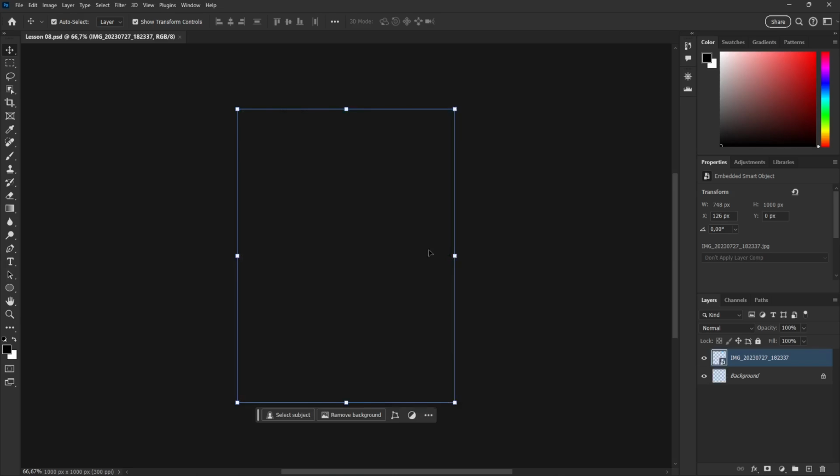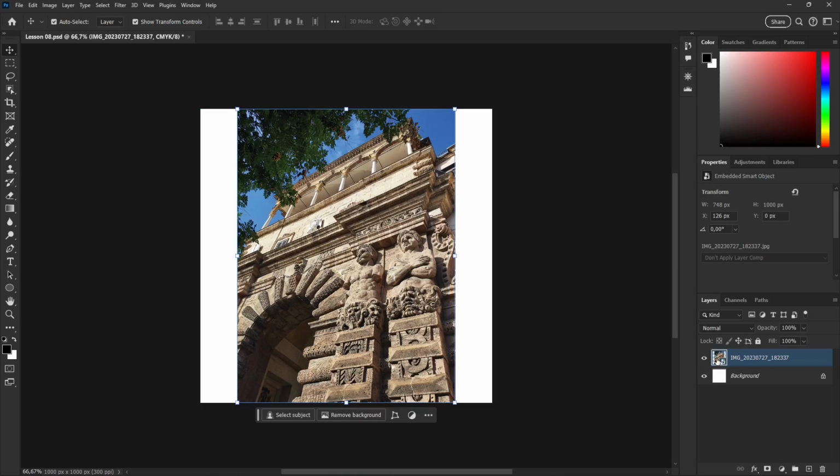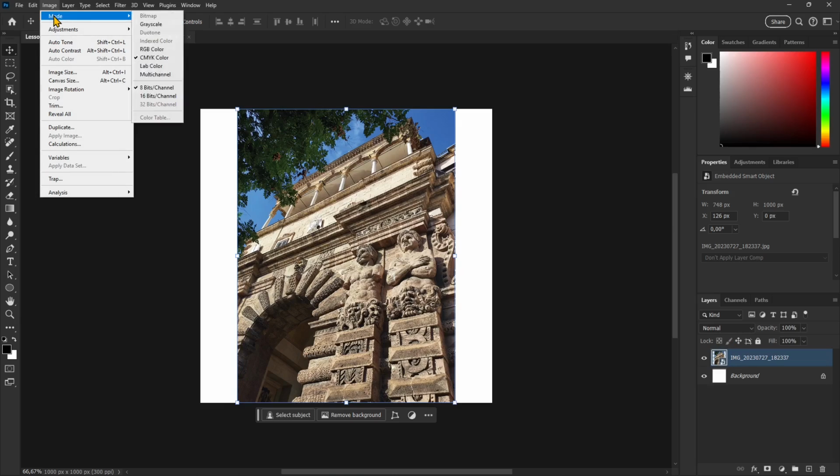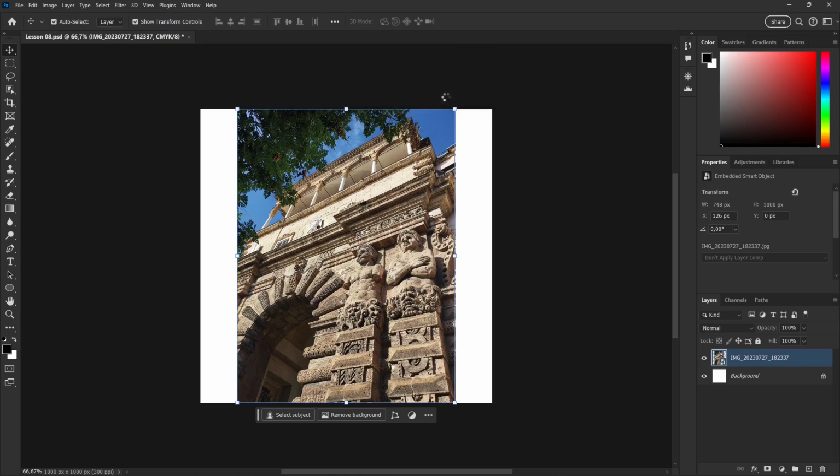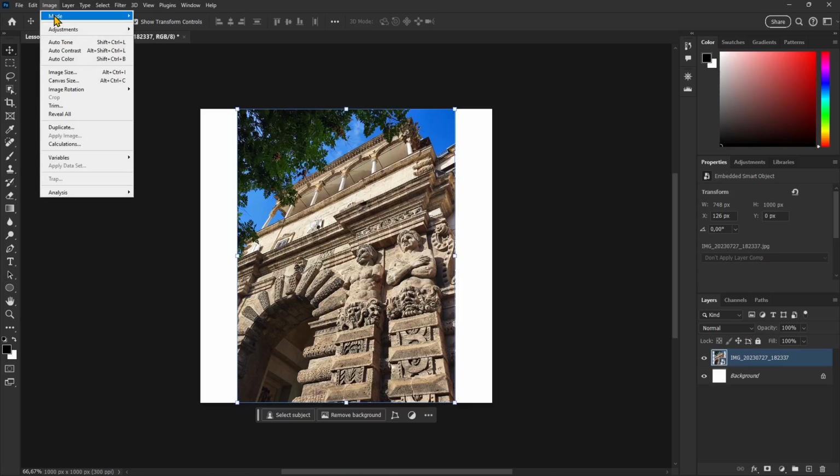And let's say okay. So we now converted, but we still have the smart object right here. So for printing purposes, it's better to use CMYK, and you can go back to RGB, but remember not to flatten and don't rasterize, otherwise you lose the information and you need to go then to